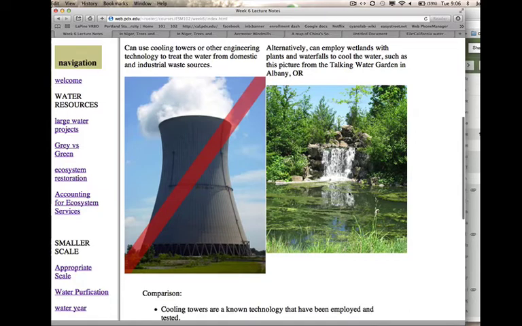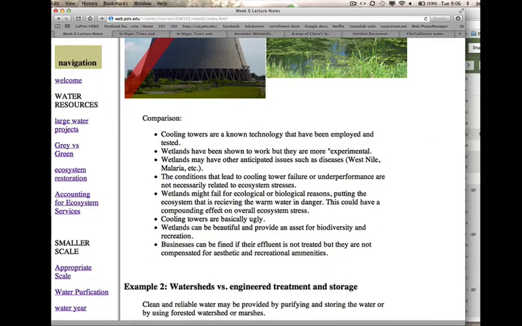Now I want to make a comparison between these two approaches, because, for environmental scientists like myself, we love this sort of thing. There's birds and fish and frogs and everything here. This is just some ugly thing on the landscape. But let's do a realistic comparison. Let's be pragmatic about it.